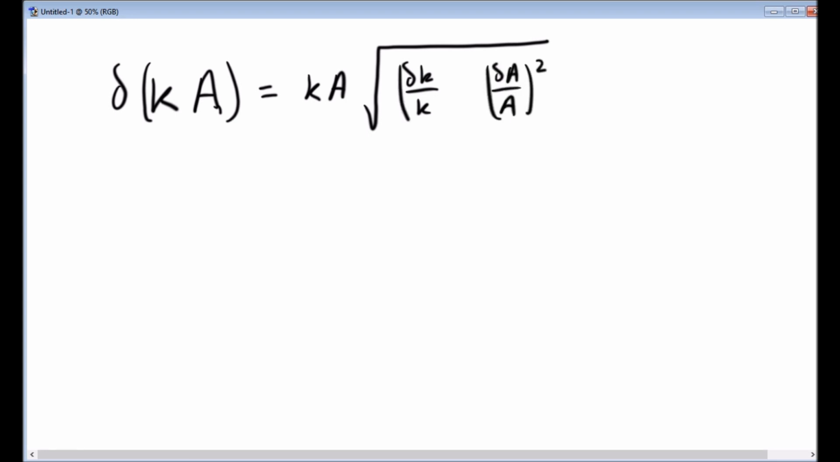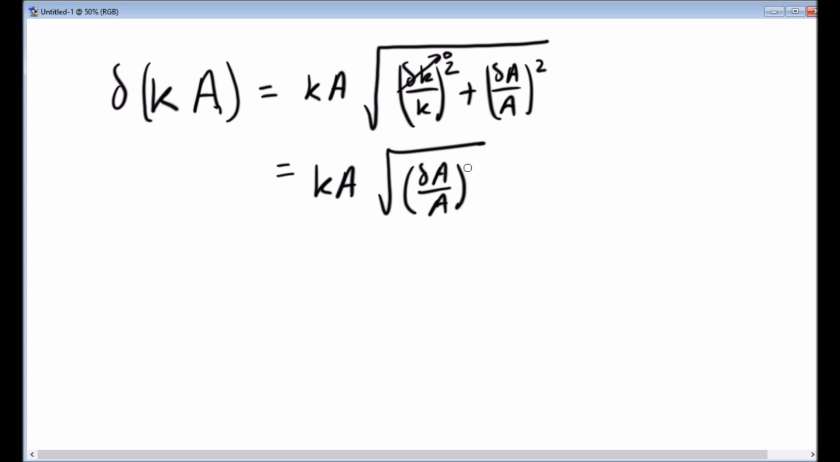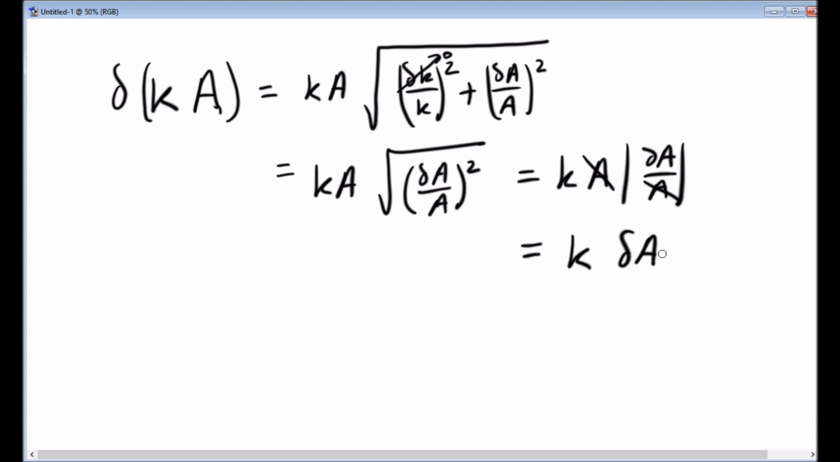squared and then added together. And now that I've gotten to this point, I can say, okay, K is an exact number. The uncertainty of that is 0. So that goes to 0, which then gives me Ka square root of a square, which is exactly the same thing as saying Ka times absolute value of delta A over A. You notice we have a cancellation here, and I just wind up with a very simple form, K times the